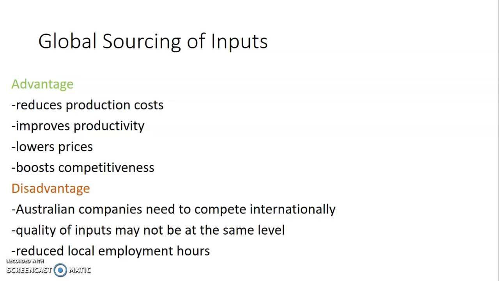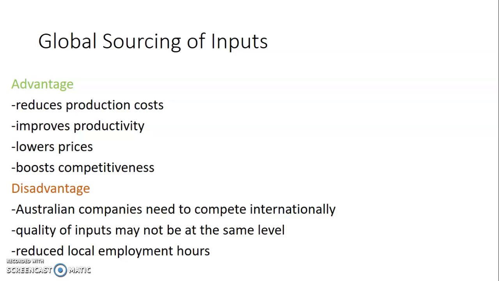So we go through the key advantages overall. Production costs will be cheaper because we're getting it from a country that might be able to get it for us cheaper because of lower wages there. Productivity: we're not actually making the product, so it means we're using fewer resources to get it to us. Lower prices, which we can therefore transfer to our customers or keep for ourselves. Boost competitiveness because of the reasons before, such as quality or lower prices. We might be able to attract customers.